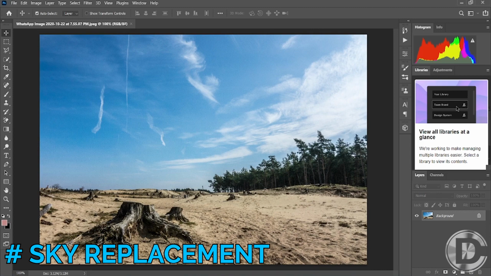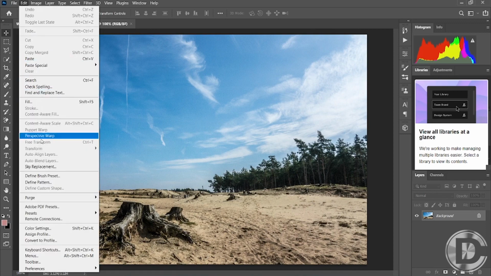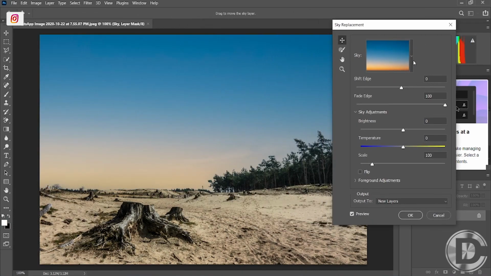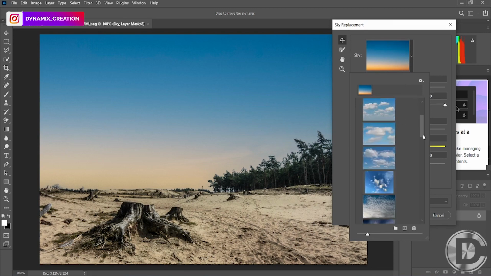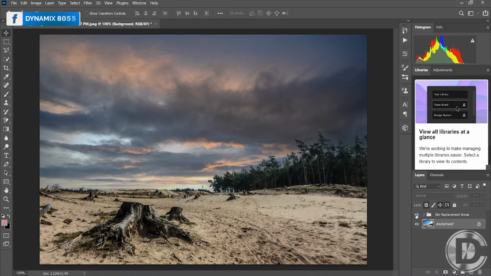Last but not the least, sky replacement. As the name suggests, with this feature you can replace your sky with any other sky. You can find this feature in the edit panel. In this panel you can choose from so many different skies which Adobe's library already gives you. Here I am choosing a sunset sky just to show you how well this feature works. After choosing your sky, click OK. Now you can see there is a group above our background layer, and in this group you can see how well Photoshop intelligence is working for masking the trees and choosing different color layers just to replace your sky.